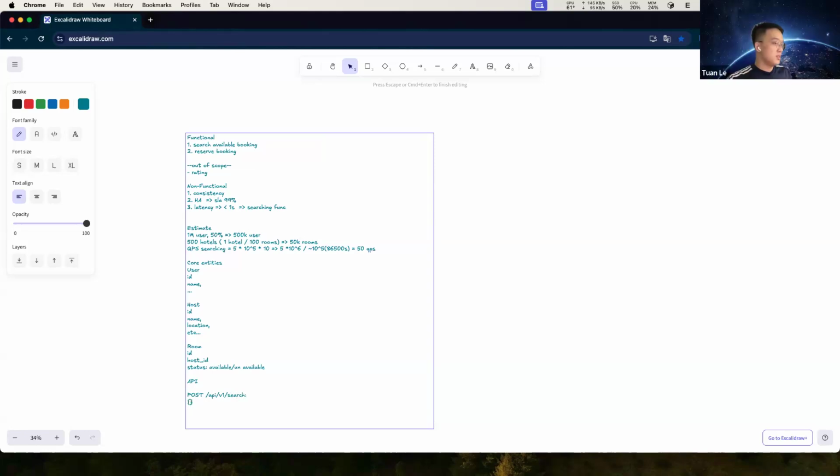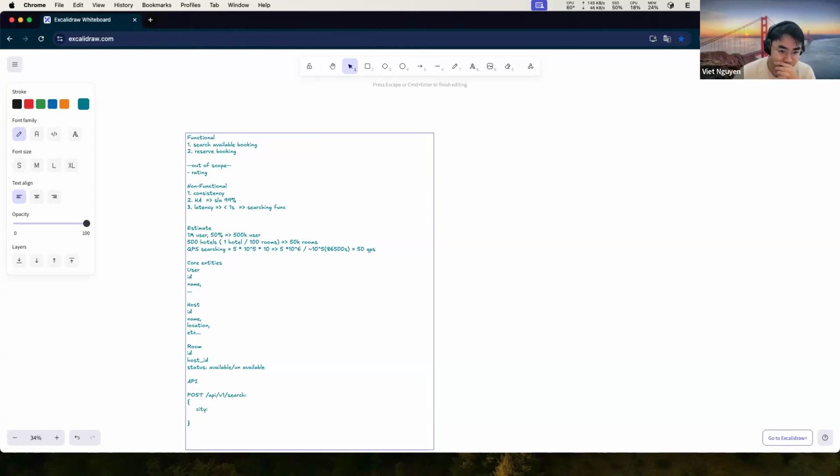In the body, it's going to be the city or the date, right? From date, to date, right?